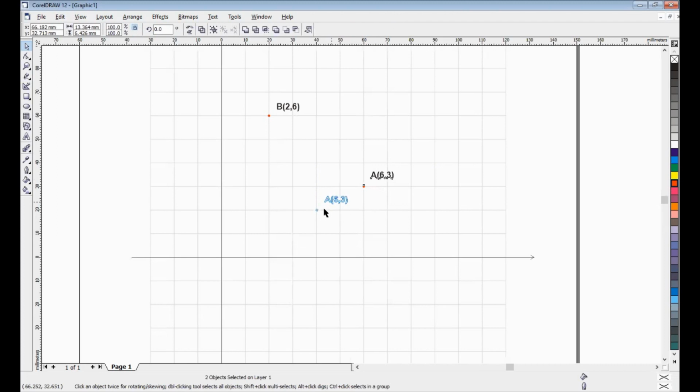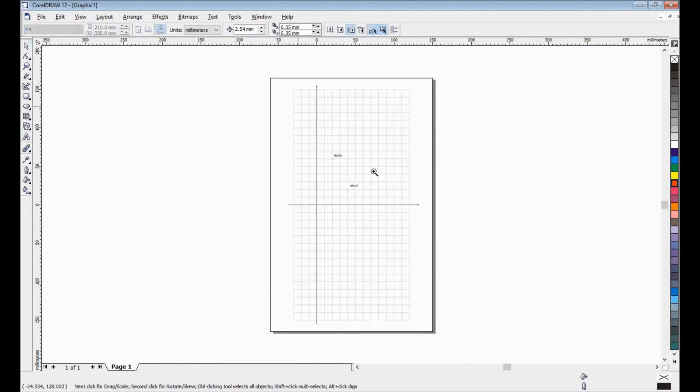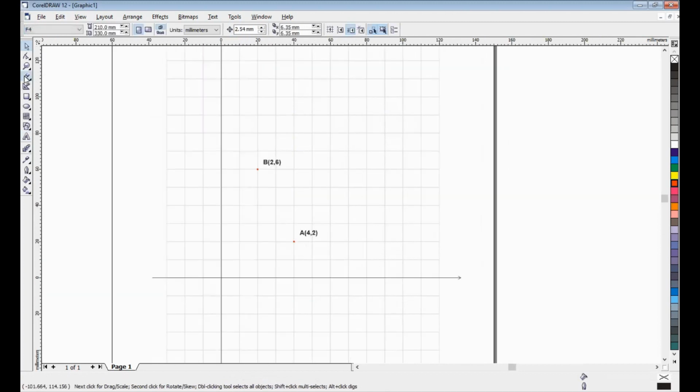Maybe here, check. The X is 4 centimeters, 2 centimeters. A is 4, 2. Okay, finish. But now I will try a line. For example, use freehand.